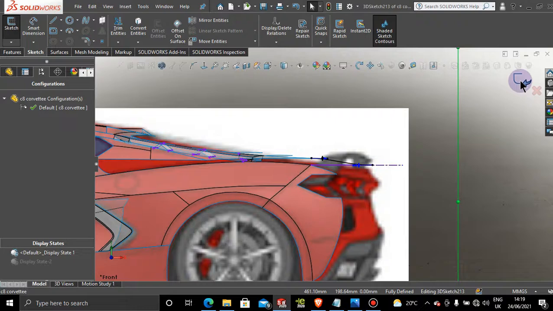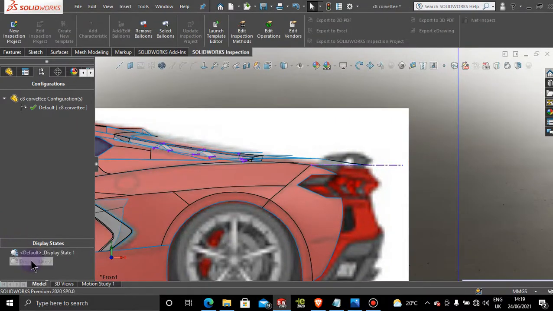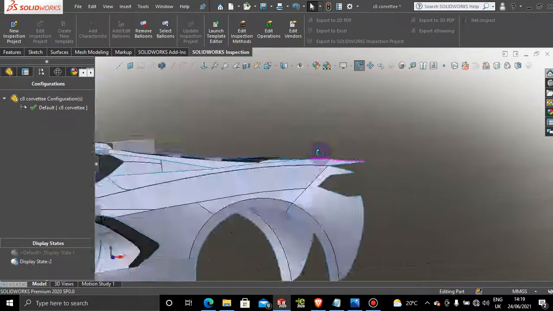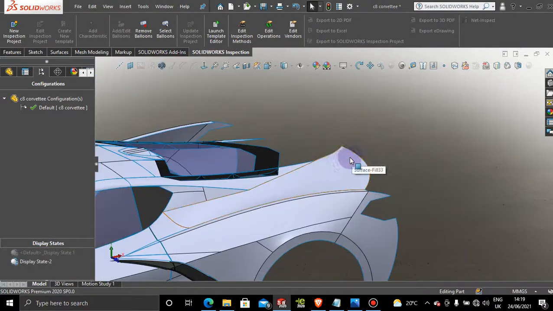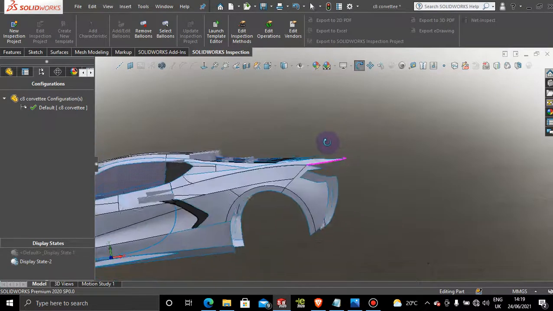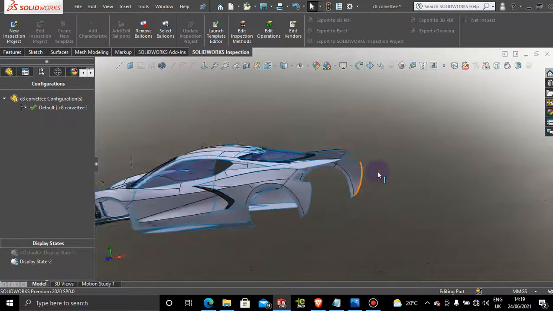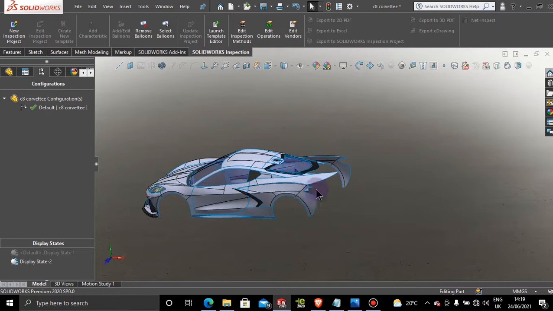Alright, so exit the sketch and let's see what kind of surface we got with that manipulation. And then we created that upward curvature on that surface. Alright. Okay, so once that's done,